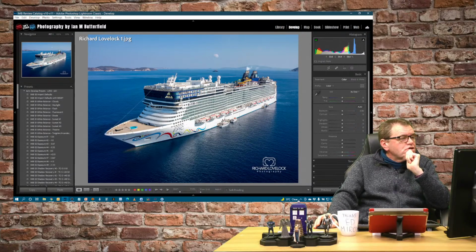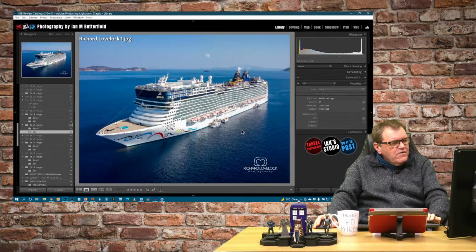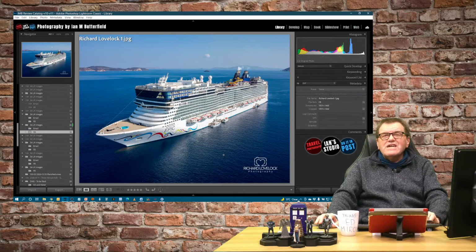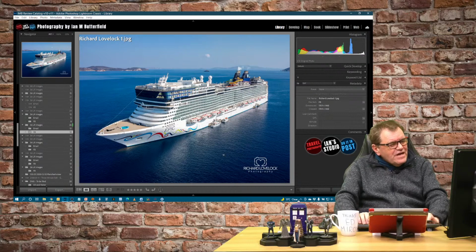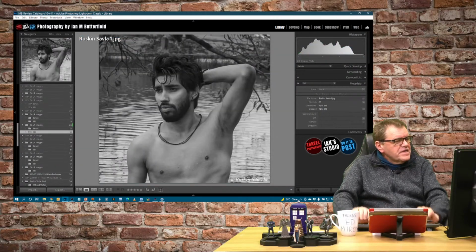Presume a drone shot, Richard, on there. Great shot, great ship. I want to get back on the ship. So yeah, lovely shot, well done on there. Can't fault it on anything. I might be tempted to just remove the cloud on there because it almost looks like something coming out of the ship or hovering over the ship because you've got that. And is it a cloud in the sky or is it coming from there? It's a bit ambiguous, so I would probably just clone that out.